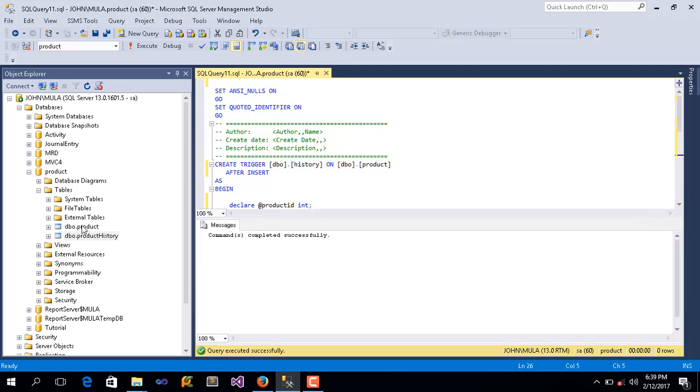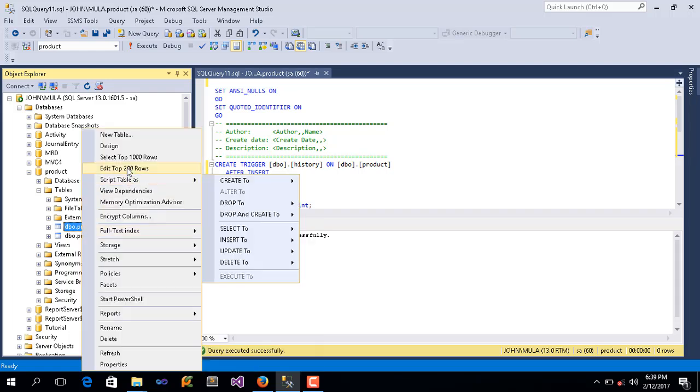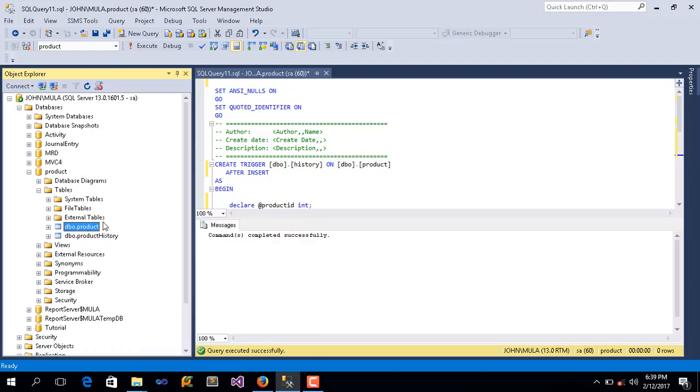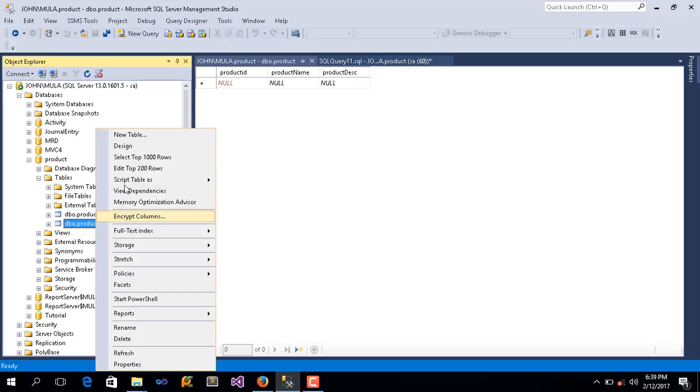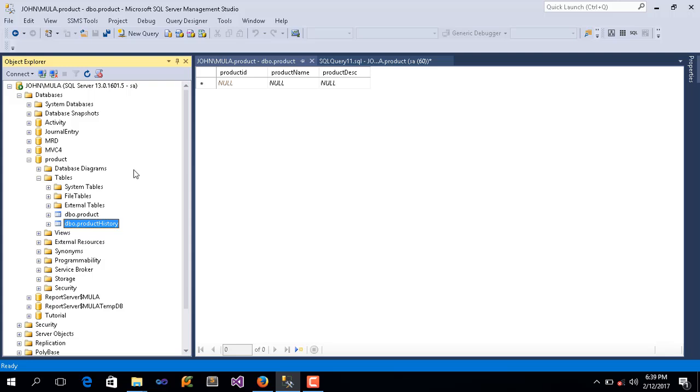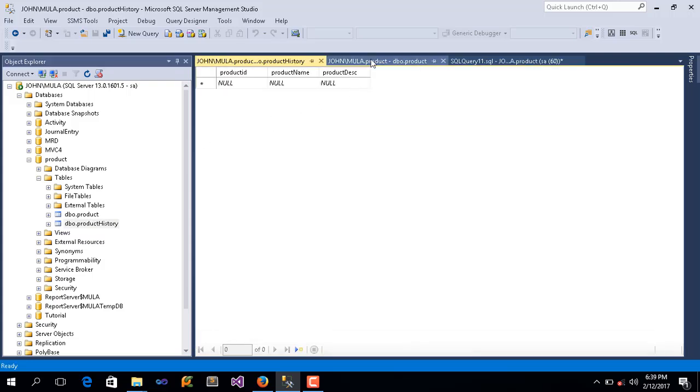Okay, let's give it a try. We'll open edit top 200. This is our product table. If I put data here, it automatically will reflect on our product history.